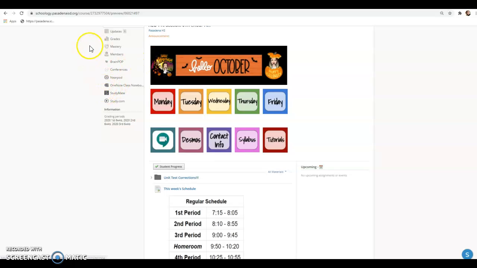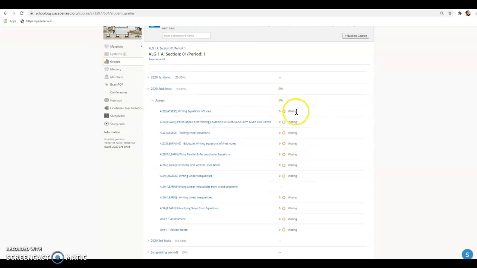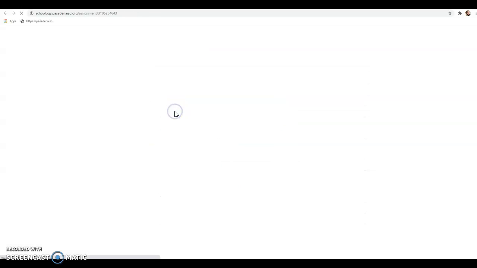If you are missing anything, you guys have not been checking your grades. When you click on grades on the left side, it will give you all of your assignments. Some of them are going to say missing. Some of them are not going to say missing. If it says 0, it's missing, even if it doesn't have this right here on the side. Okay? If it doesn't have a grade, it's a 0. Okay? So all you need to do is click on it, and you can go work on that.